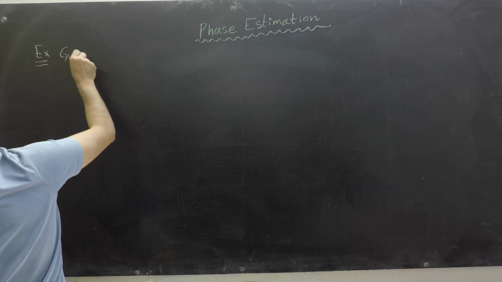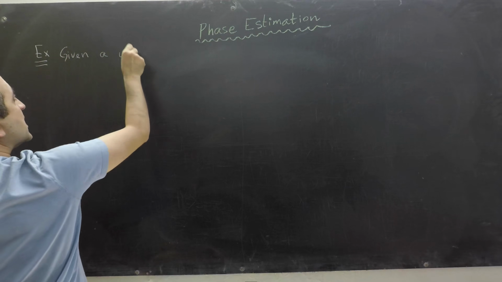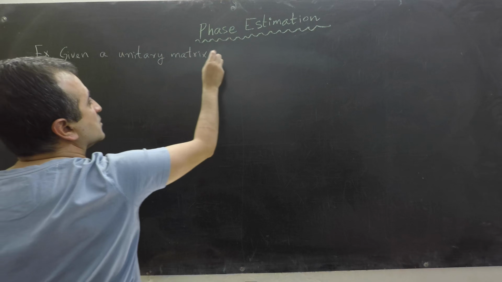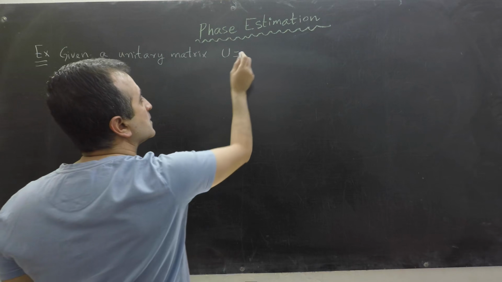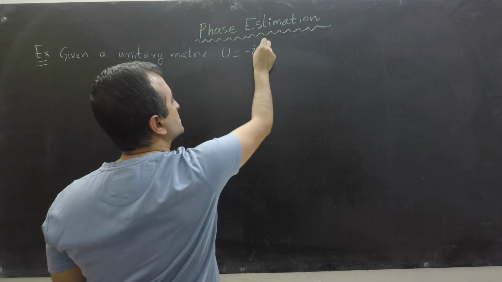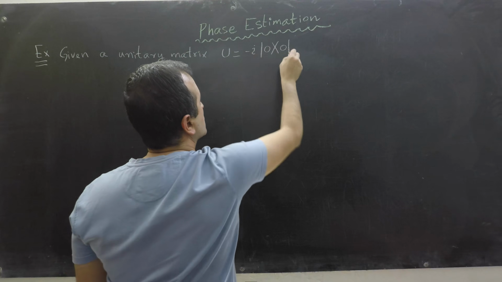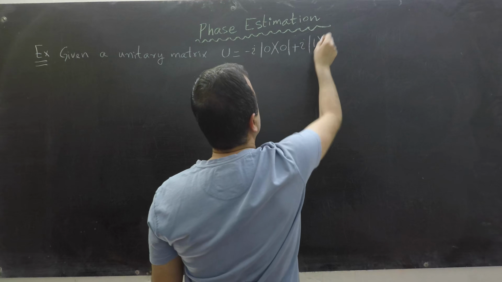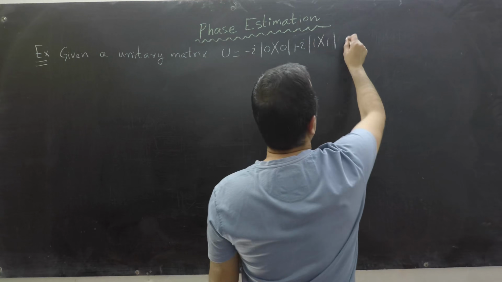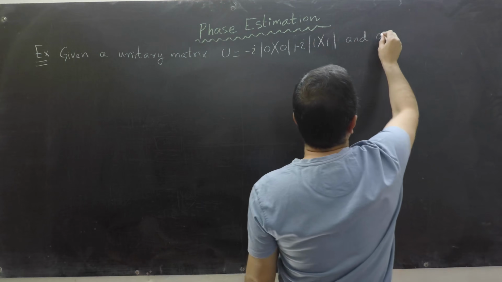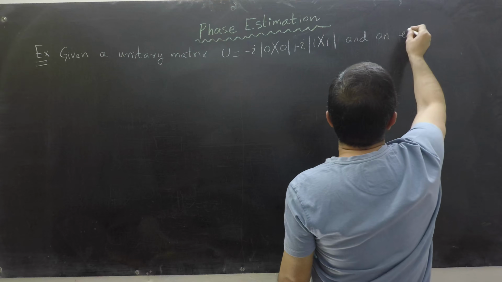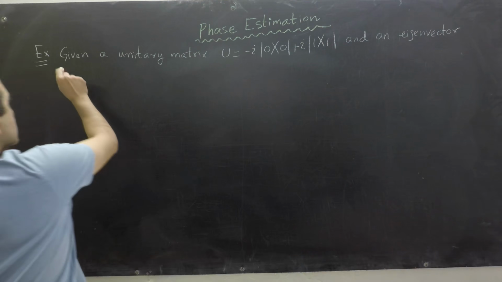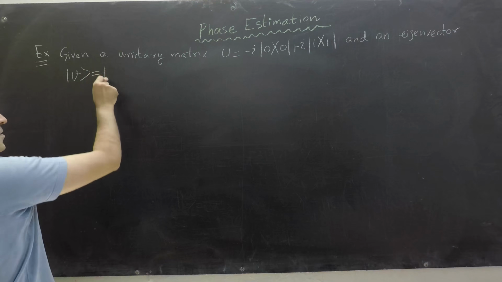Given a unitary matrix U equals to minus iota times |0><0| plus iota times |1><1| and an eigenvector |v> equals to |0>,